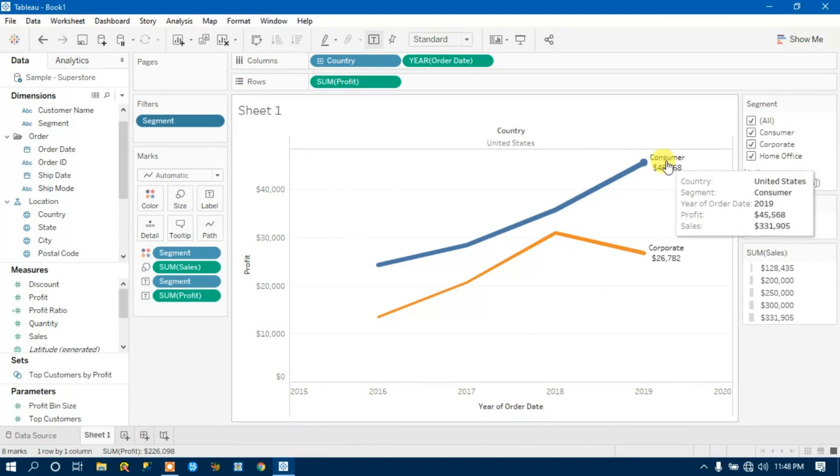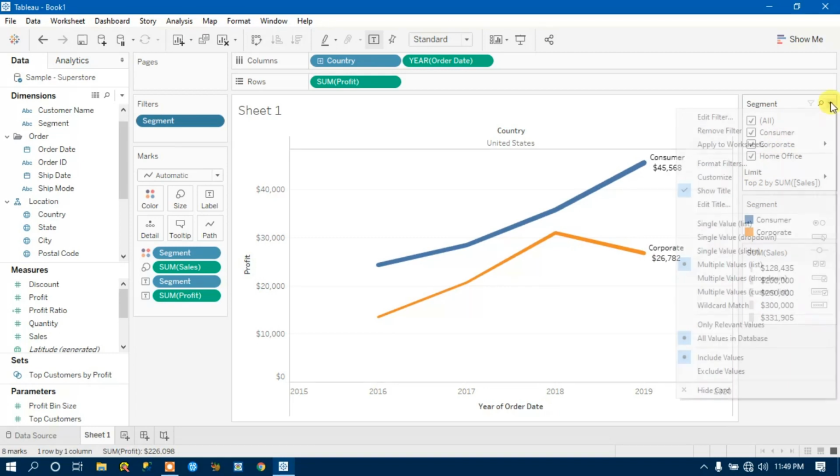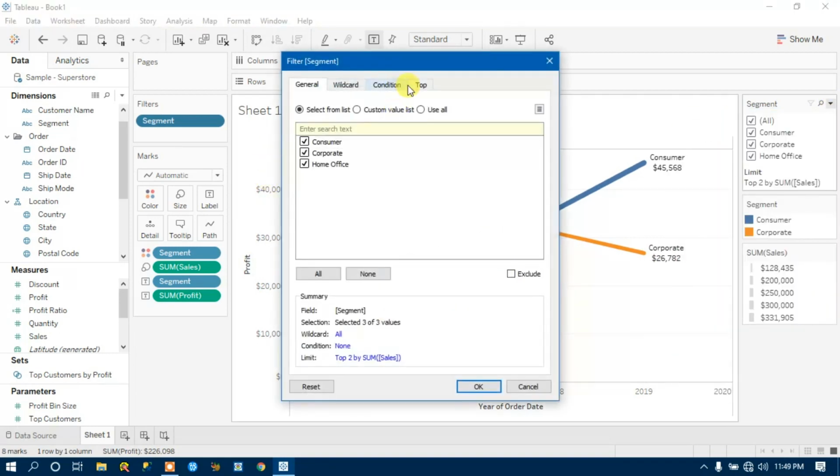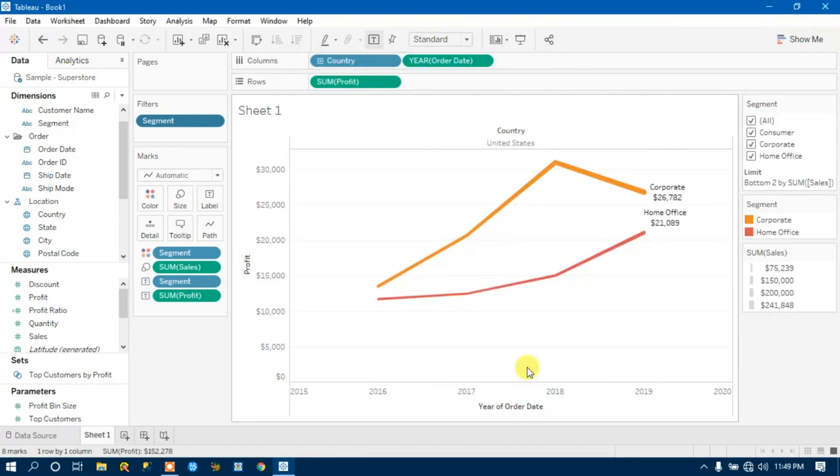So the consumer and the corporate are performing the top 2 sales, right? If I again go back to the edit filter, and say bottom, bottom 2, who has performed bottom 2. If I click on OK, it picks up the bottom 2 performers, right?